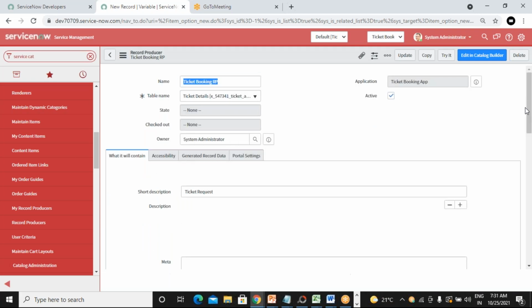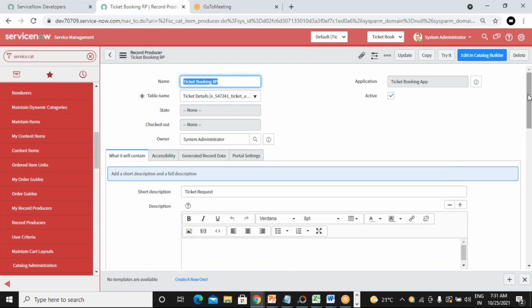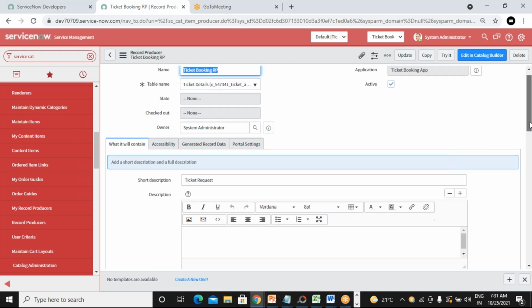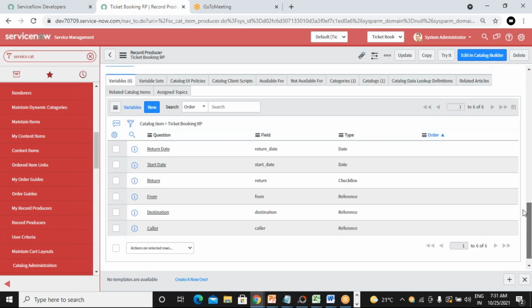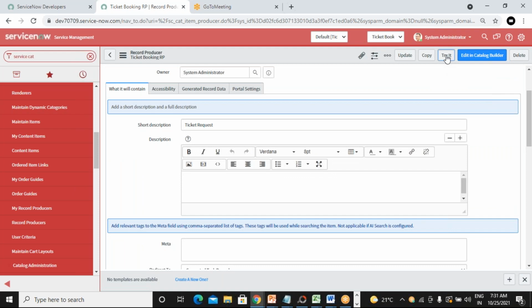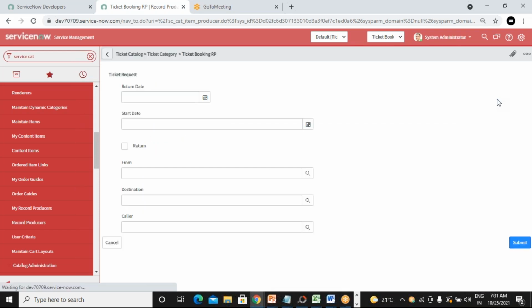So this is how you can add variables to the record producer. Once you're done with this, you can test by clicking on try it so that you will see the form layout. You can see how it is added to the form, and this is the order.